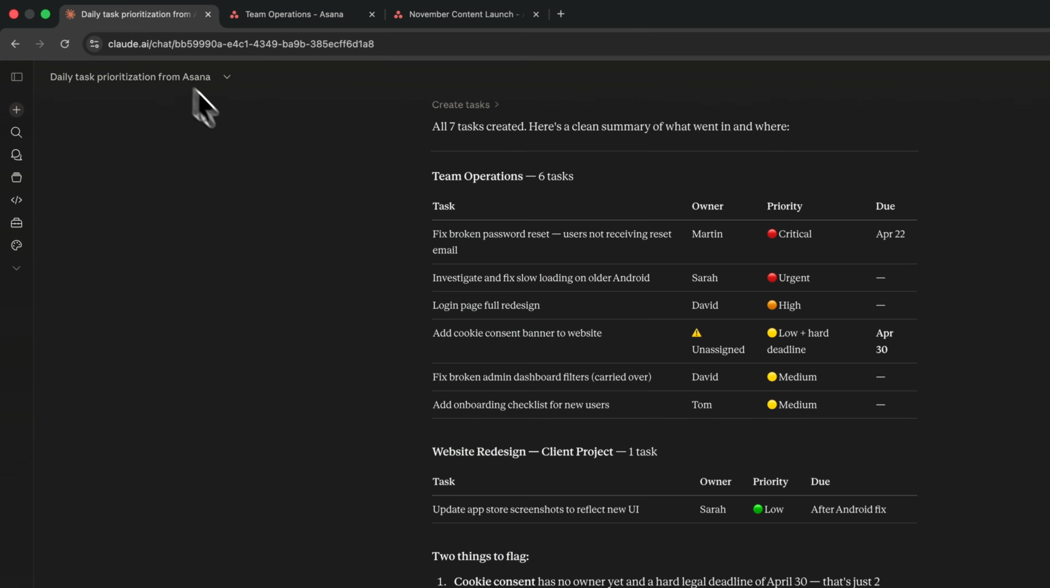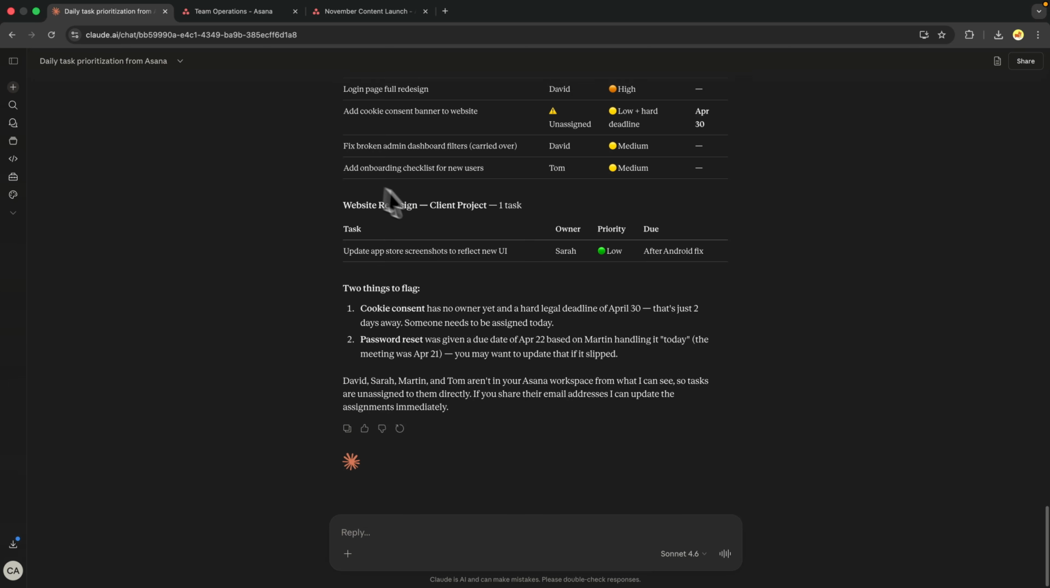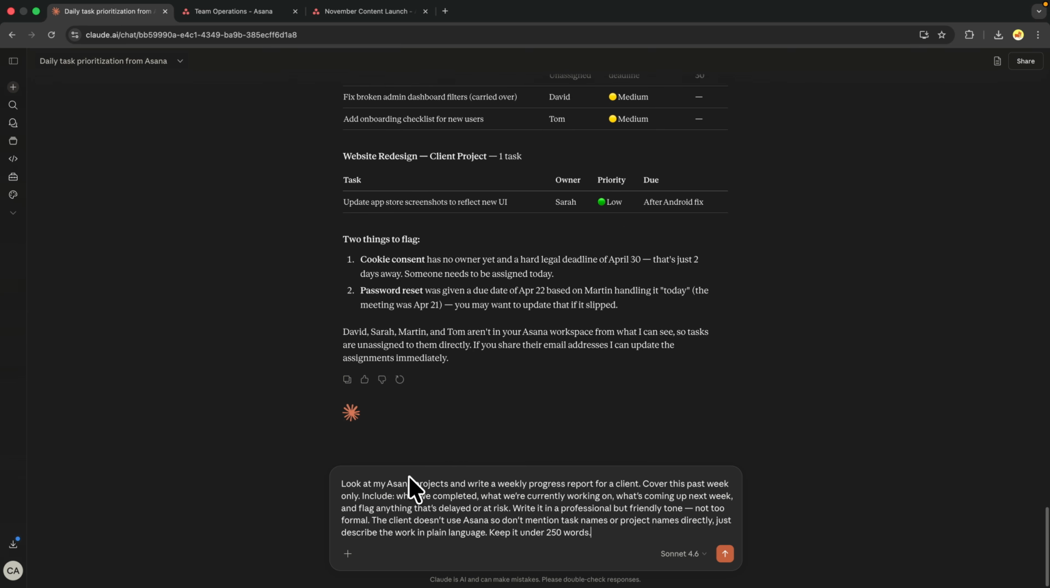Now we can, for example, also create a weekly report from your Asana. So you want Claude to look at my Asana projects and write a weekly progress report for a client. Cover this past week only, and this is what you want to include. And the client doesn't use Asana, so don't mention task names or project names directly. Just describe the work in plain language. Keep it to 150 words,